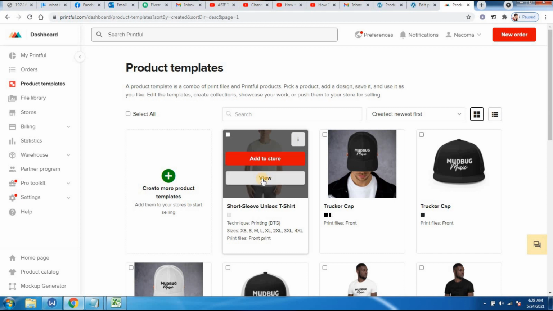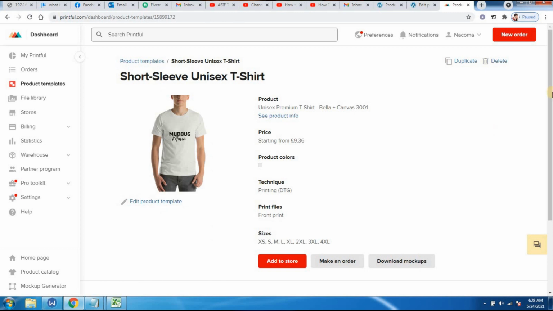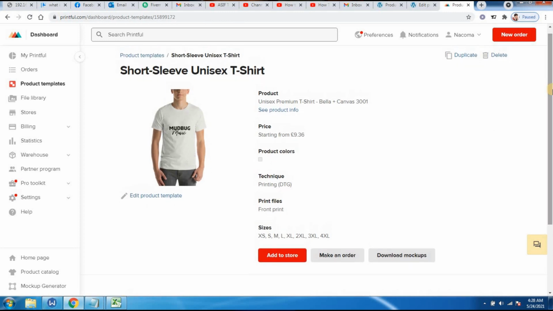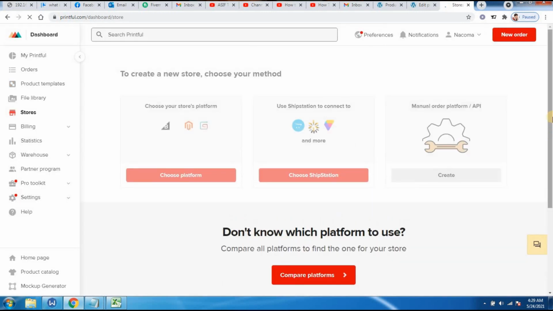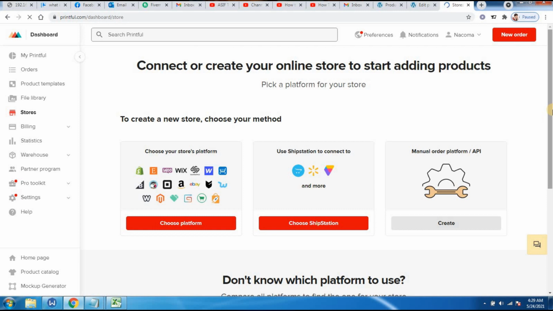You can see here it is the new template, and if you want to push this product to your WooCommerce, Shopify, Amazon, Etsy, eBay, etc., then you will have to connect your eBay, Shopify, WooCommerce, Amazon account with this by clicking on connect your store. As here I have not connected any store to this Printful store,